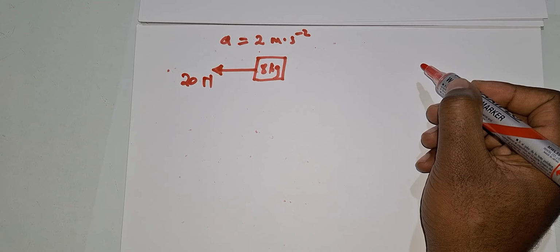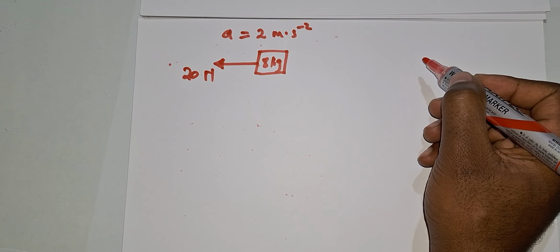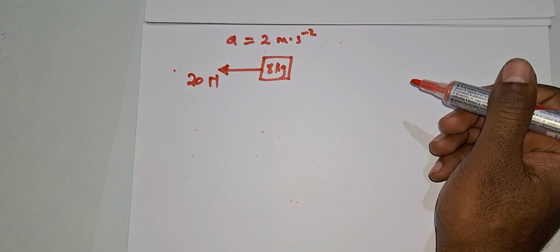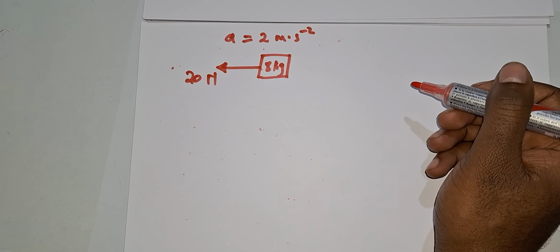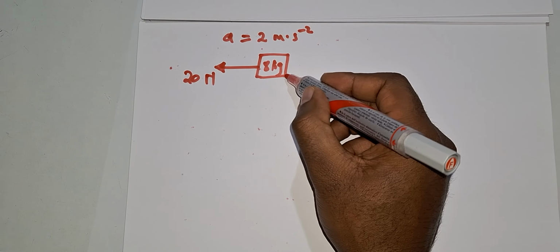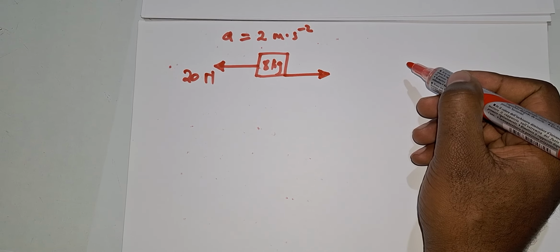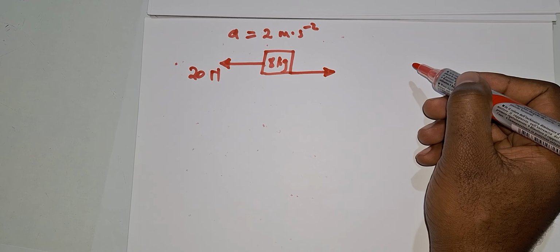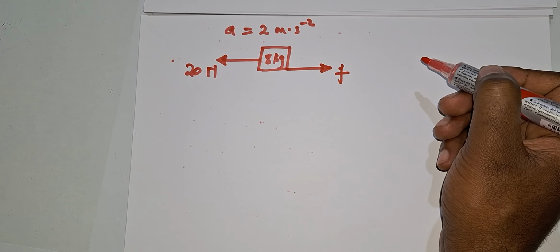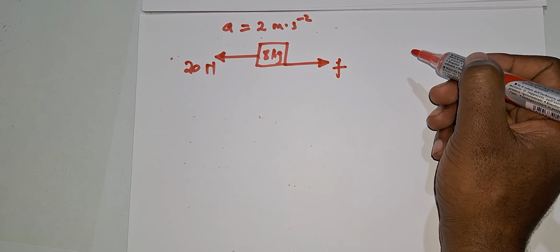So we all know once we apply force on an object, and if it is on a surface, there's going to be a frictional force or a friction force that is experienced by the object. And the frictional force is in the opposite direction of the applied force. So I'm going to denote it as the small letter f, right? So, the first question,